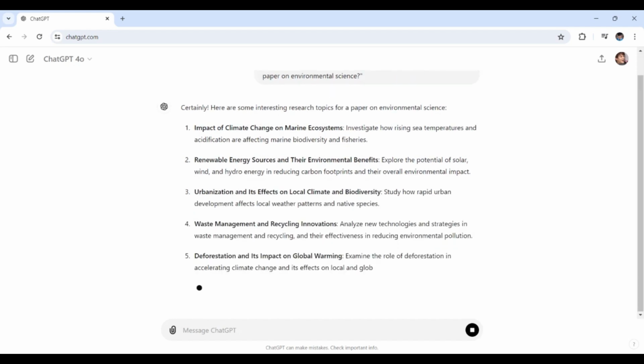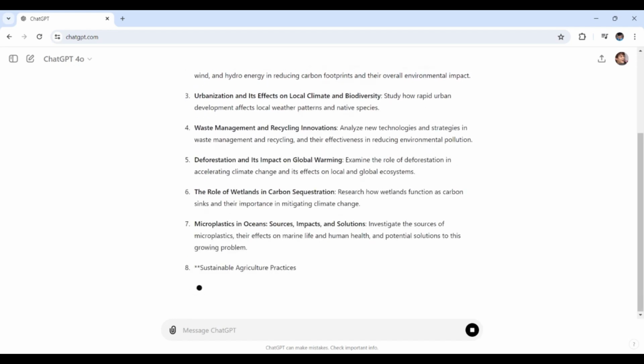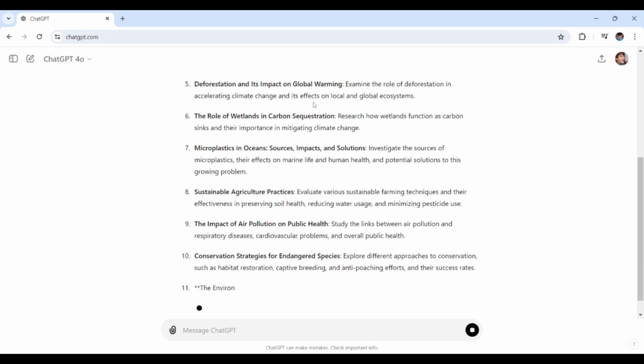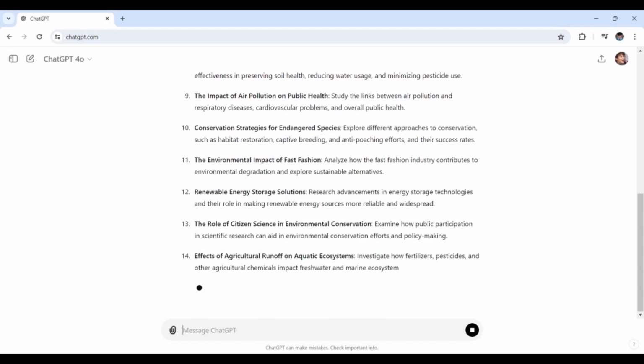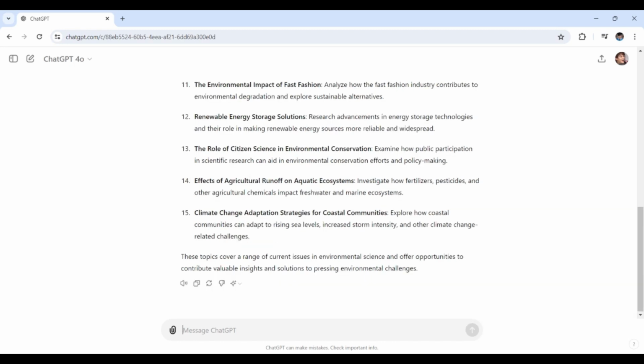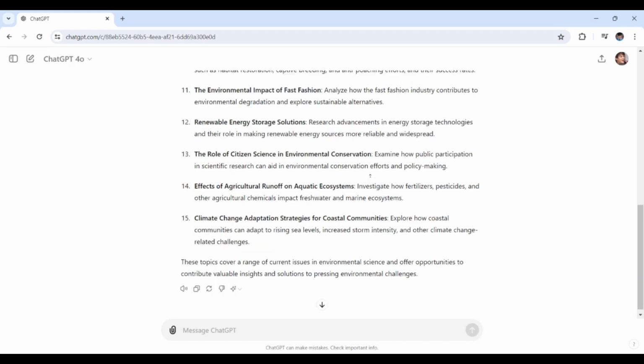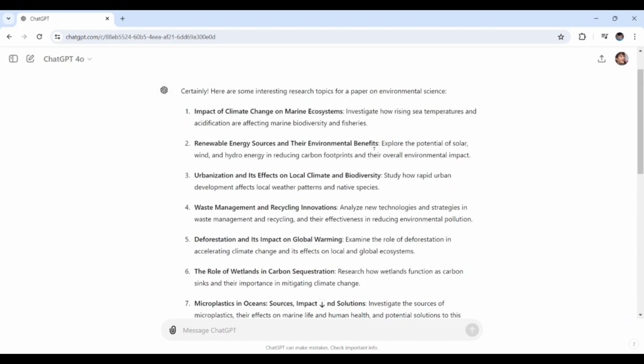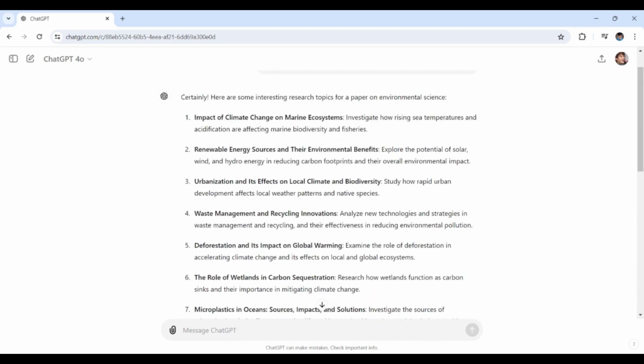Here you go. As you can see right here, here are the topics that ChatGPT suggested. There's the impact of air pollution on public health, the role of citizen science in environmental conservation. Here we go. So now that you have your topic, let's say we can ask ChatGPT to help you